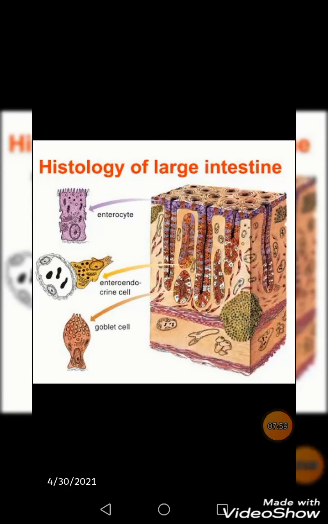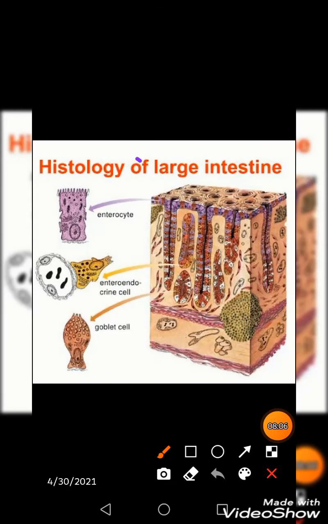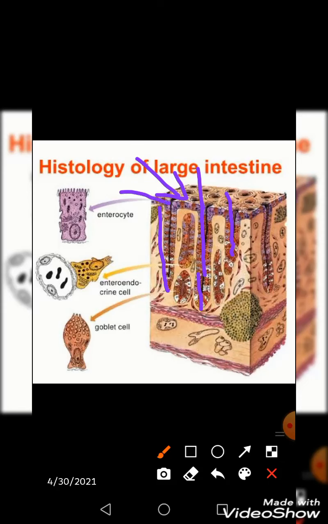Now we have taken a chunk or a piece of large intestine and we are looking into its mucosa first. You can see the surface view, you can see the lumen of various glands. The epithelium is simple columnar and is dipping downwards to form longer simple tubular glands. They are reaching the full thickness of your mucosa and they are lined by which cells? You can see the enterocytes, or colonocytes as they are sometimes called, which are simple columnar cells.